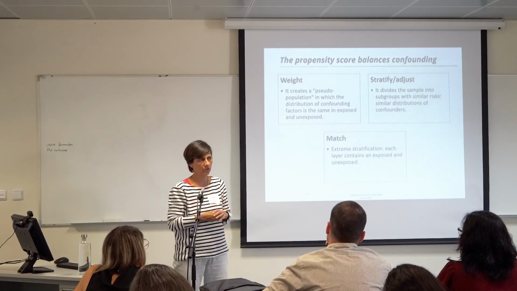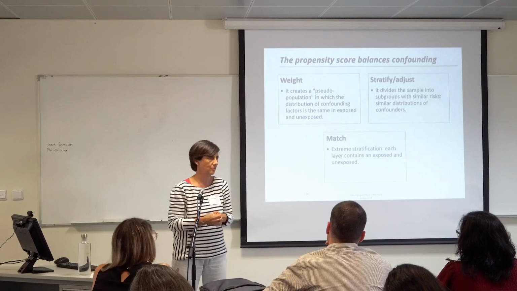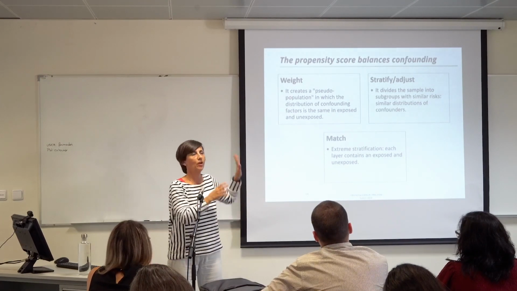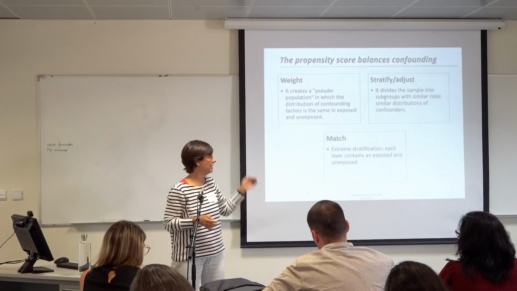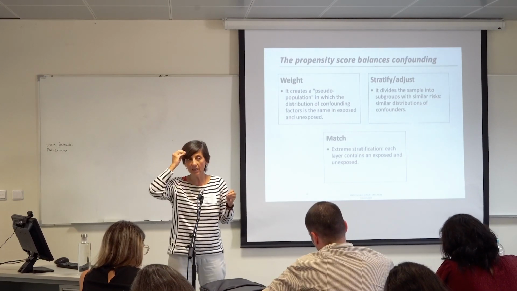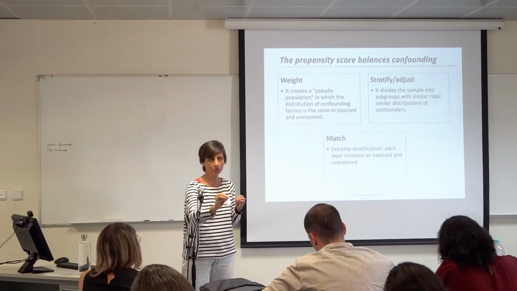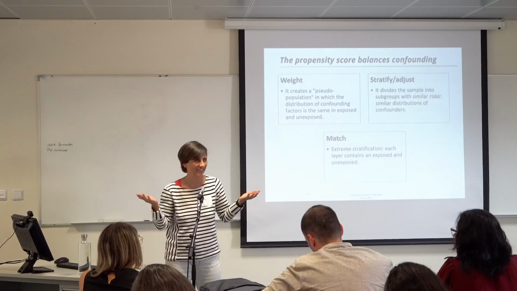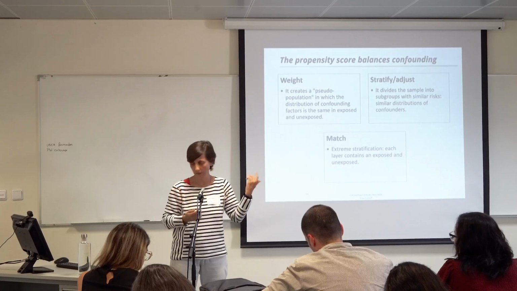You probably don't need to adjust much if you are using data from a randomized control trial. Observational data is messy, you need to adjust. And one of the best things, if you are looking at the effect of interventions in observational data, is to adjust for the propensity score. But you have to think about the interventions that you are providing. If you are giving the same intervention to everybody, then you don't need to compare. But if you have different interventions depending on the type of patient or characteristics of the patient, then you need to do this.